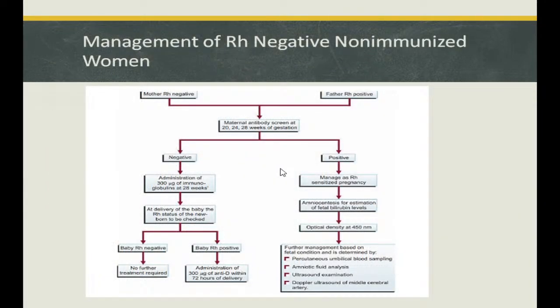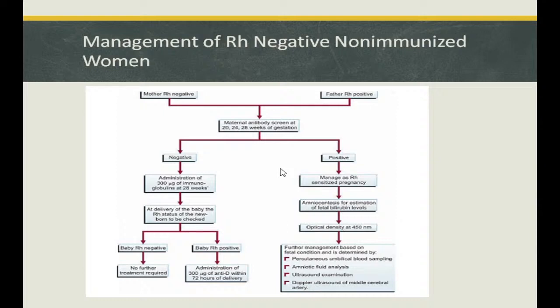Management of rhesus-negative non-immunized women. I will repeat it as fast as possible. Mother is rhesus negative, father is rhesus positive. We have to check maternal antibody titer. We are making it exactly at 28 weeks gestation. If needed, we'll make it earlier and will continue throughout the pregnancy. If maternal antibody serum screen is negative, administration of 300 mg of immunoglobulin is necessary at 28 weeks with prophylactic